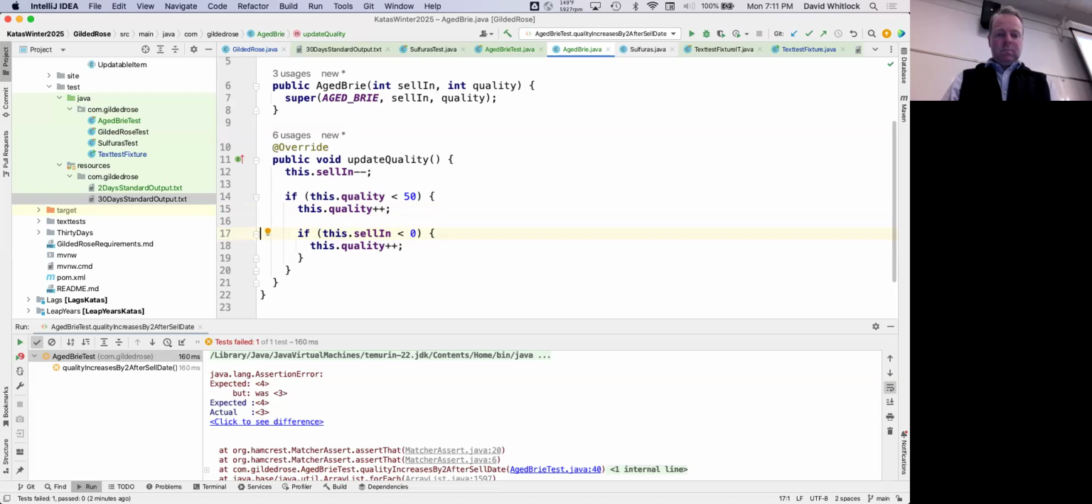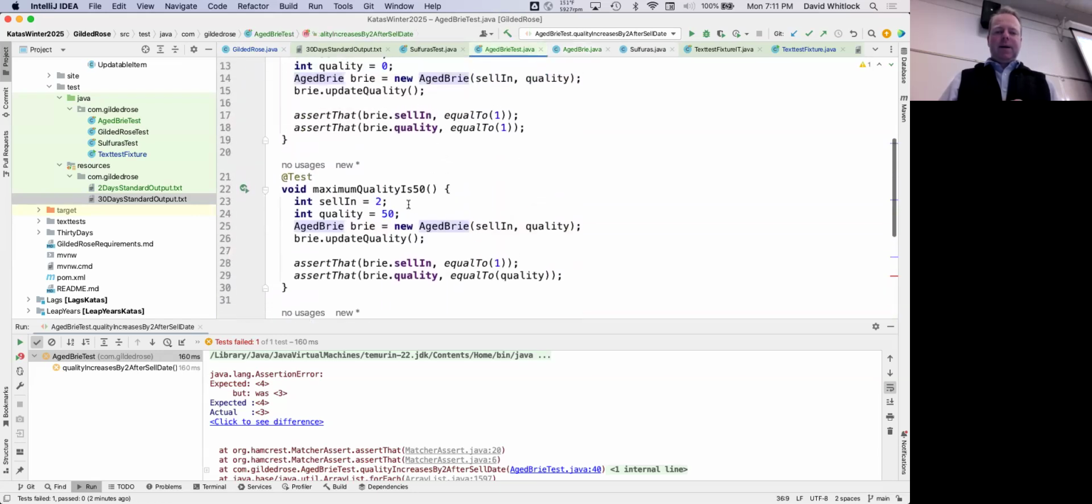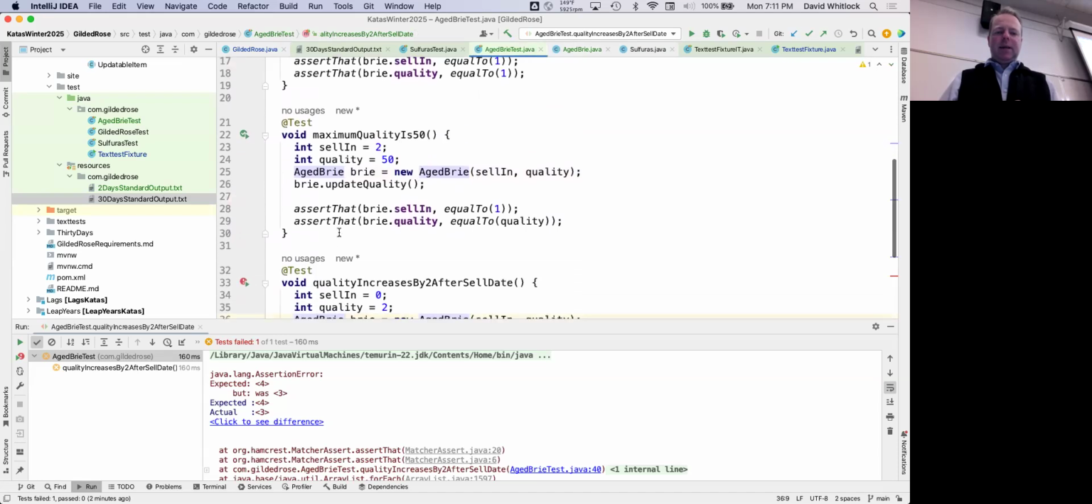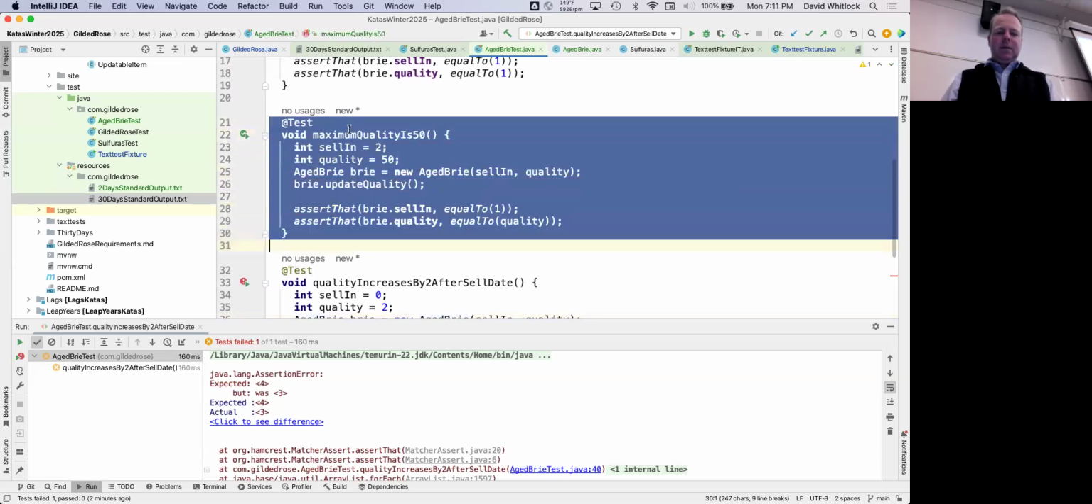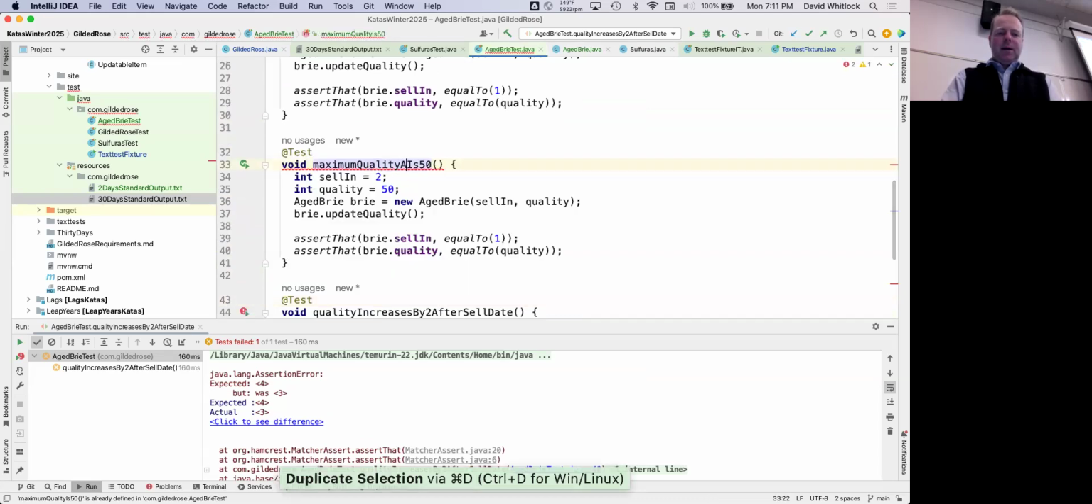Okay. Oh, I can. Okay. There's another test that I want to write, and I want to say that maximum quality is 50. And I want to say maximum quality after sell date is still 50. And we're going to have an edge case here, maximum quality after sell by